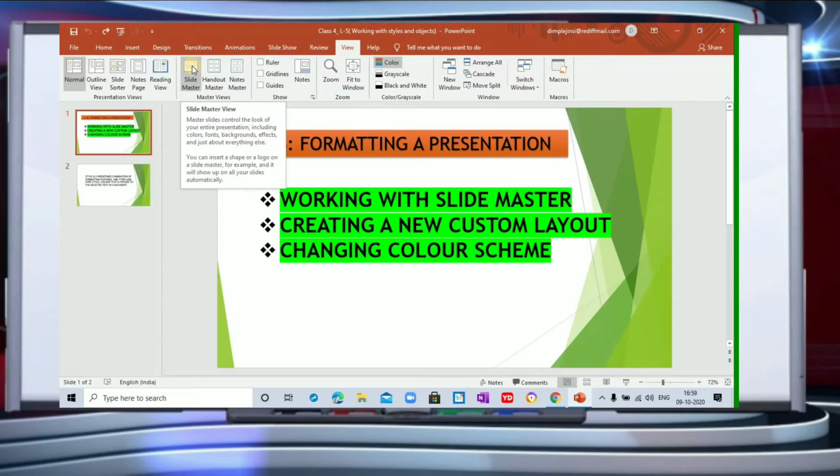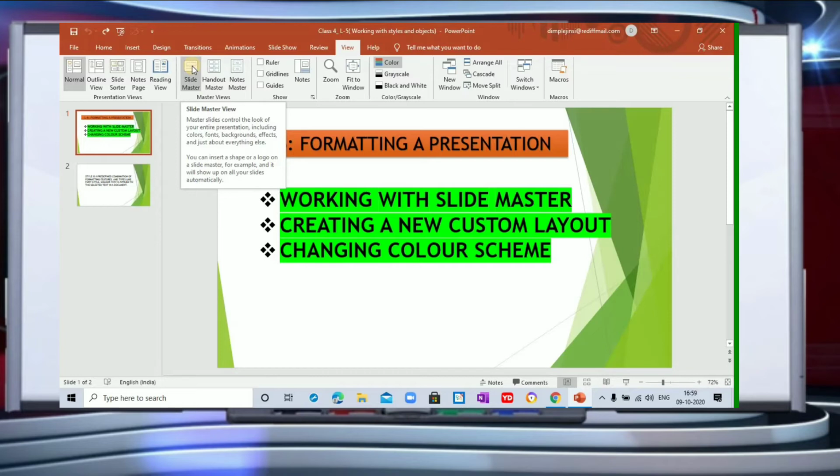So what is a Slide Master and why do we want to use it? It's very important to understand, children. If you have many slides with a lot of content and images, and you have to change the font color and font style, what we have to do is go to these slides one by one and change whatever we want. But that is actually very time consuming.